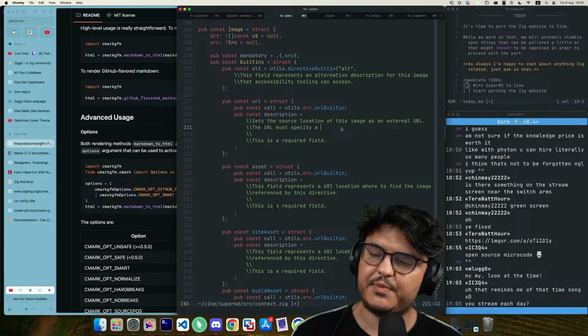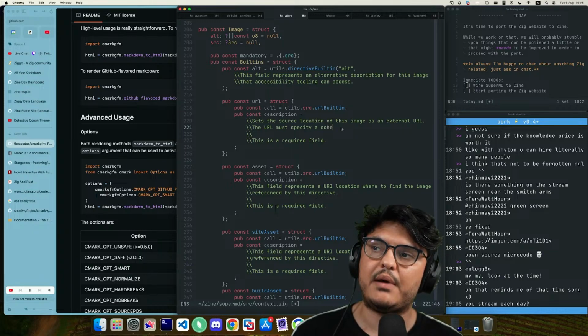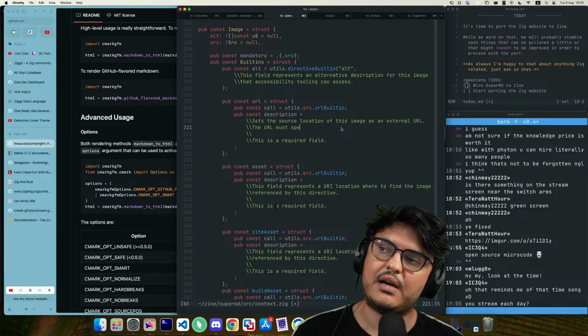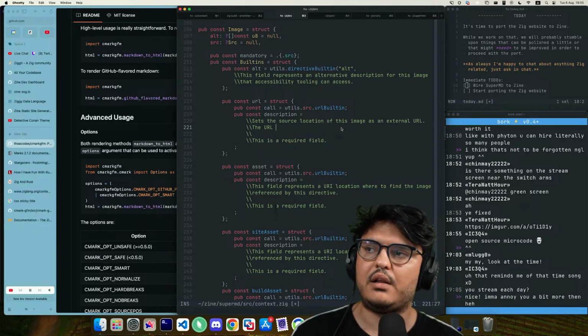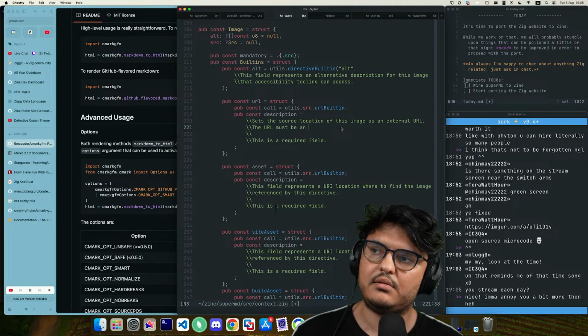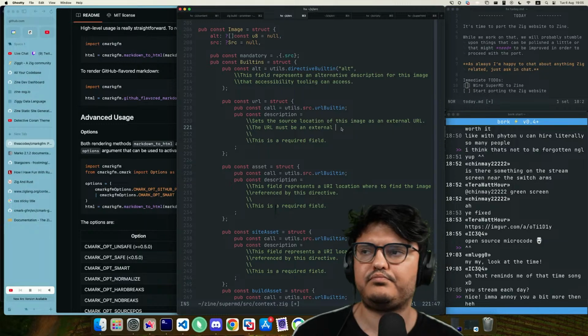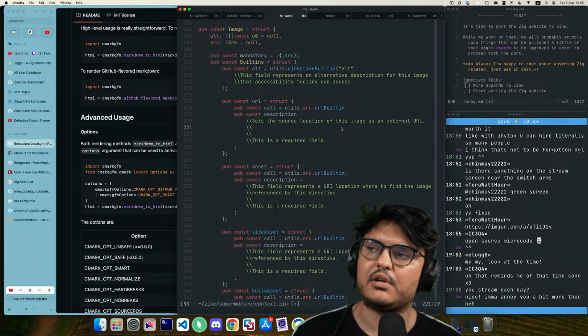The URL must specify a schema. Well, the URL cannot be a relative path. Well, the URL must be an... no, it's not URL.